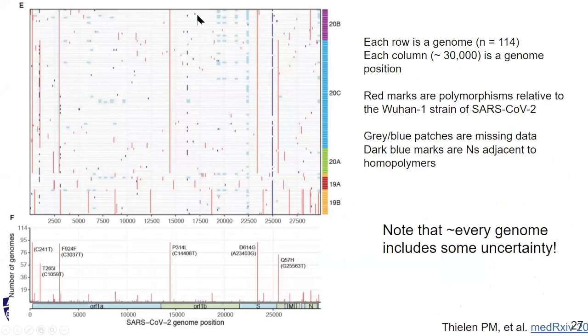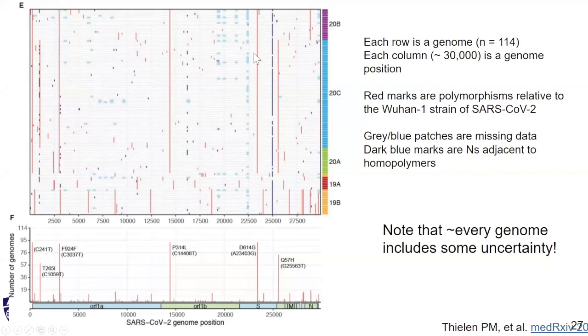And so in this plot, we have one row per sequence. There are about 114 sequences here. So there are 30,000 columns across. And in red are polymorphisms relative to the Wuhan 1 strain. Gray and blue patches are areas of uncertainty. And so you can see that in most sites, for most sequences, we had some confidence,